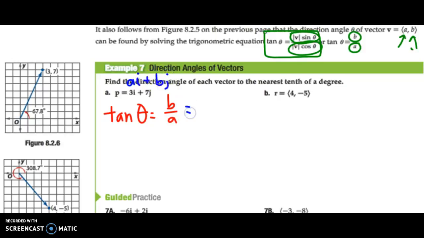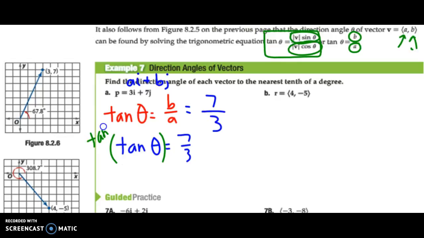So my b in this one is going to be 7, and a is going to be 3. So really this is saying tangent of theta is 7 over 3. Now, if I know tangent of theta is 7 over 3, how do I find just theta? I do the inverse tangent of both sides, and I go to my calculator. My tangent inverse says it is